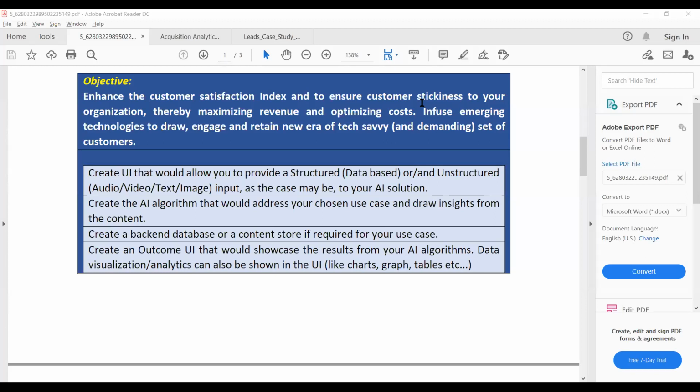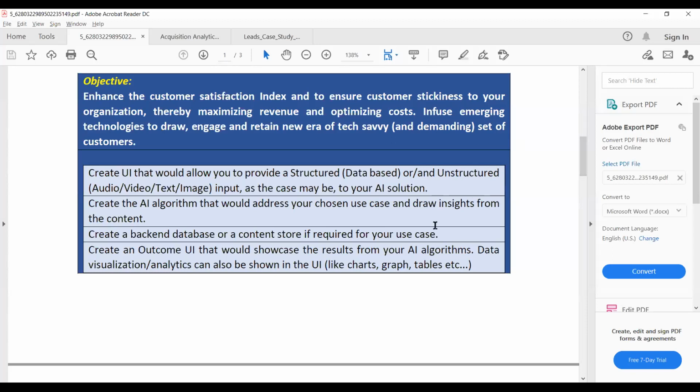No. So I can see there are a few students who are saying no. Those who are saying no, at least they can install it on their system. If you want, I can just show you.